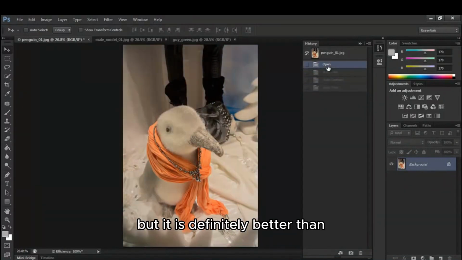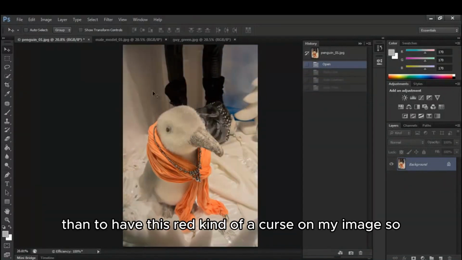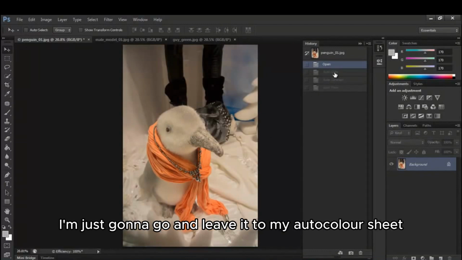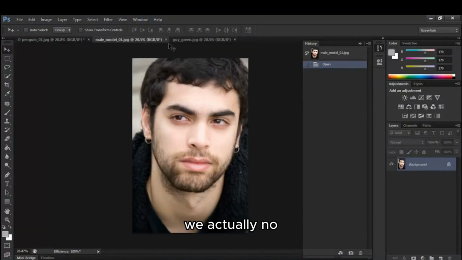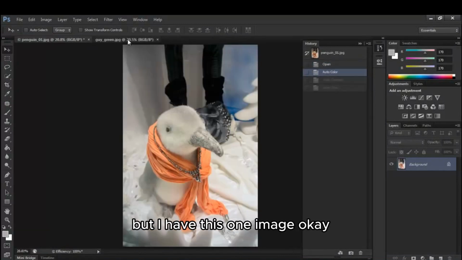All right, but it is definitely better than to have this red kind of a cast on my image. So I'm just going to leave it to my auto color state. Okay, now going on to the next image, I have this one image,